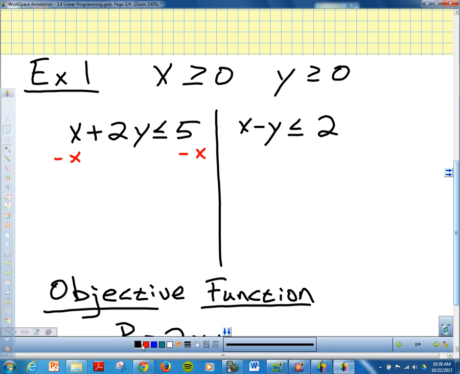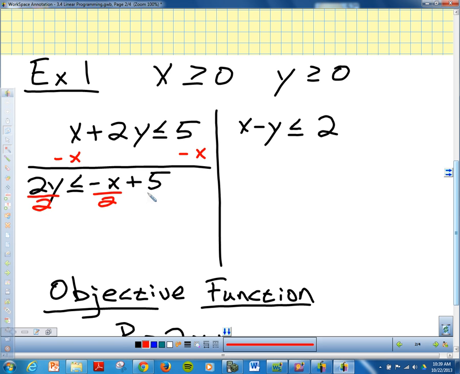So we have 2y less than or equal to negative x plus 5. What's the next step, Maddie Wood? Want to get y by itself here. Divide by 2, all three parts. So what we get here is y is less than or equal to